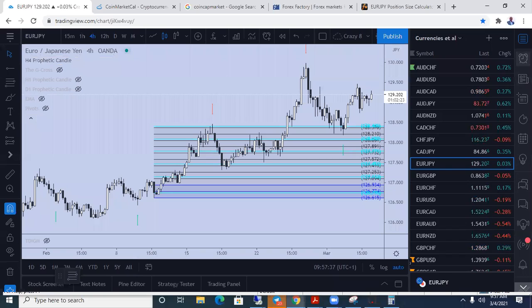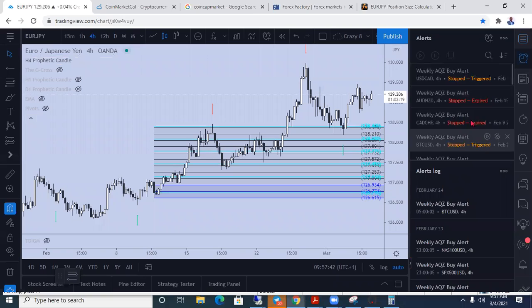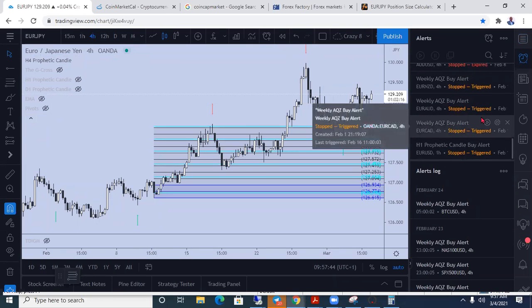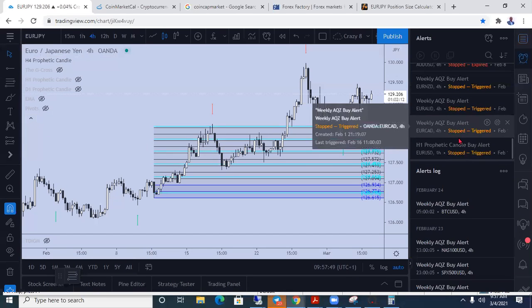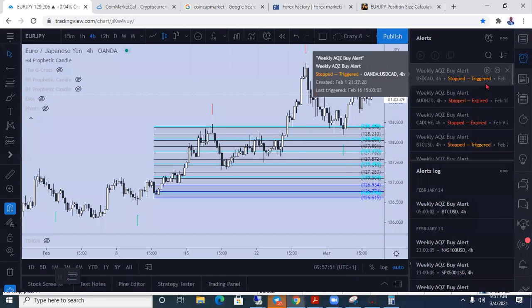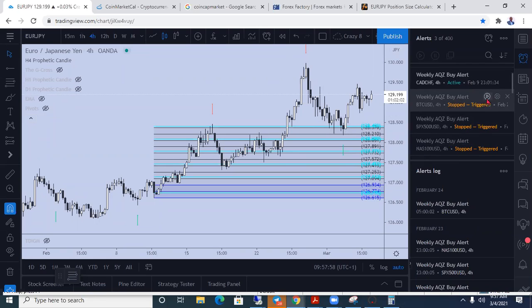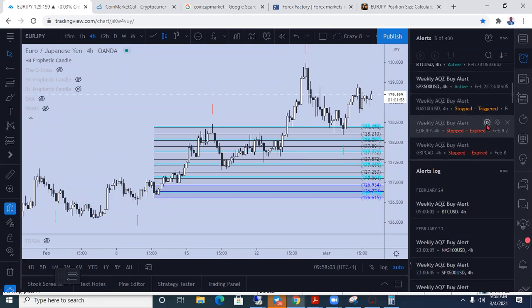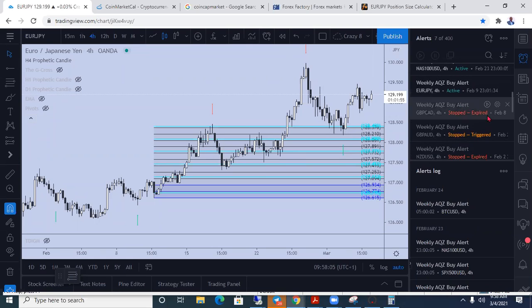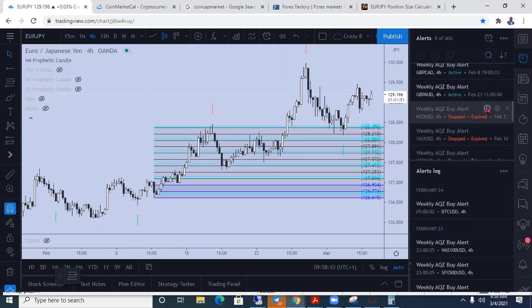If I come to my alert icon here, you'll find that I have several alerts that have been triggered, and I intentionally left them this way so you can see them, right? So I'll turn them back on by just clicking restart, restart, restart, and you can notice it's saying active. When a PC appears, it simply would tell me. So I could use my time listening to Douglas and some other things, and you're just waiting for